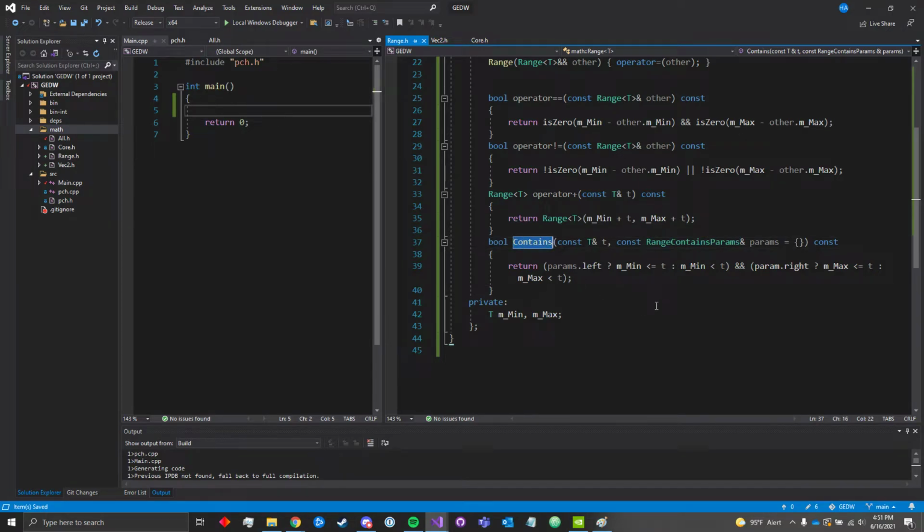So if we have a range, I should just actually show this. There's no reason for me not to. If we have a range, I'll do ints called r, and it goes from 0 to 5. And we want to check if some integer is inside of this range. We would use the contains method. Oh, okay. So like checking if 2 exists in there. Yes, exactly. So we could do r.contains 2, which would be true, obviously, and then r.contains 10, which would be